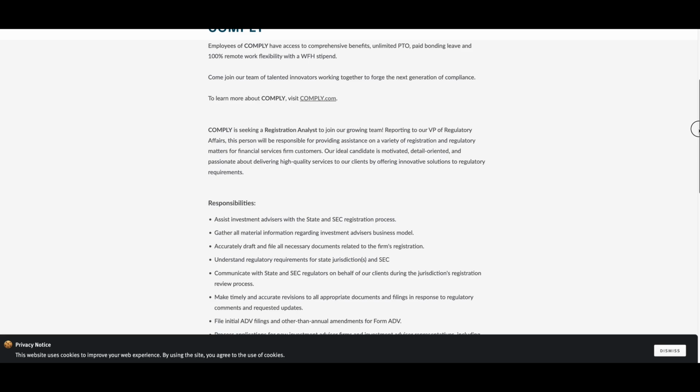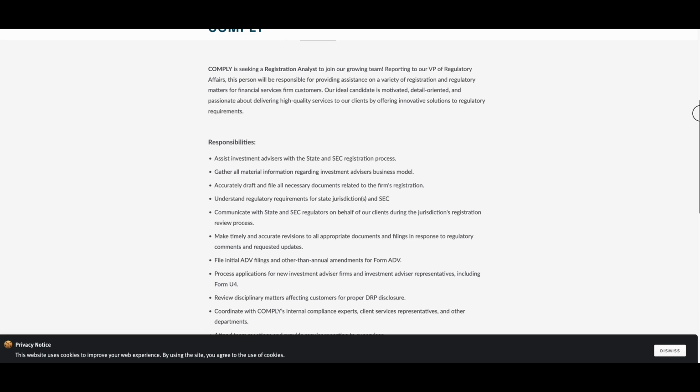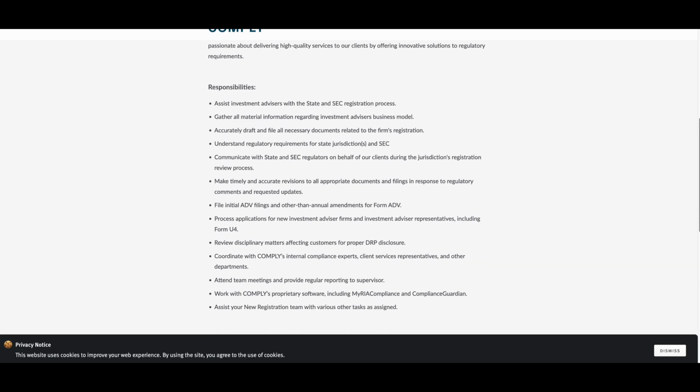Now, for this job, the registration analyst will be responsible for providing assistance on a variety of registration and regulatory matters for financial services firm customers. And if we go through the list of responsibilities here, just to give you guys an idea of what you'll be doing in this job: assist investment advisors with the state and SEC registration process, gather all material information regarding investment advisors' business model, accurately draft and file all necessary documents related to the firm's registration,